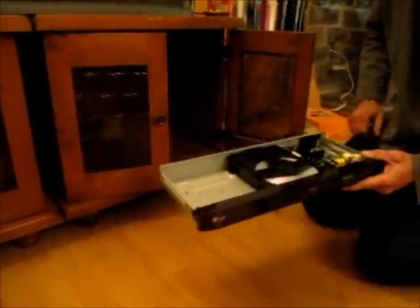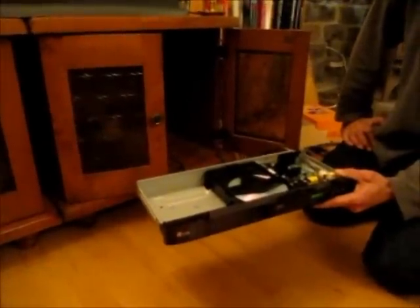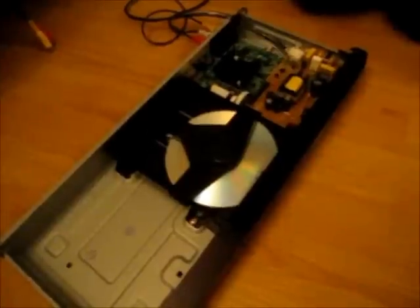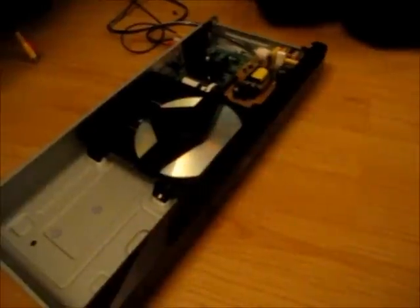Look at that, it's still spinning. That's a good sign. It's working. Look at that. Can you see that it's working on TV? So as you can see, it's working where it didn't work before, just by adjusting one of the little